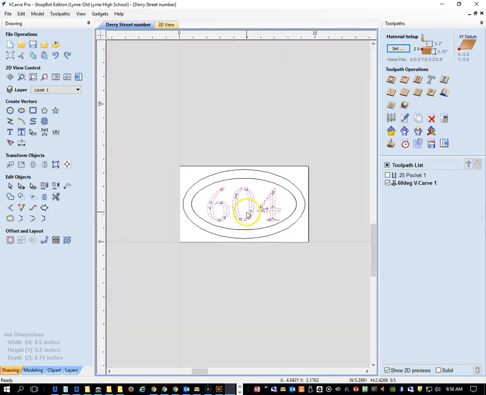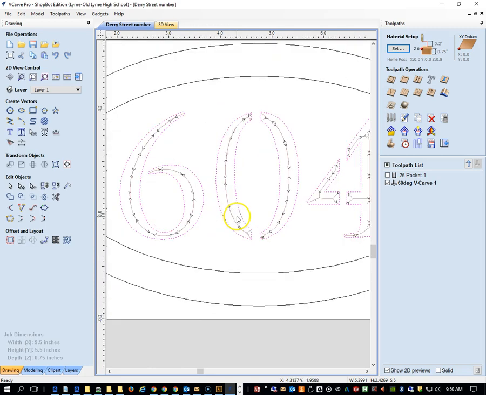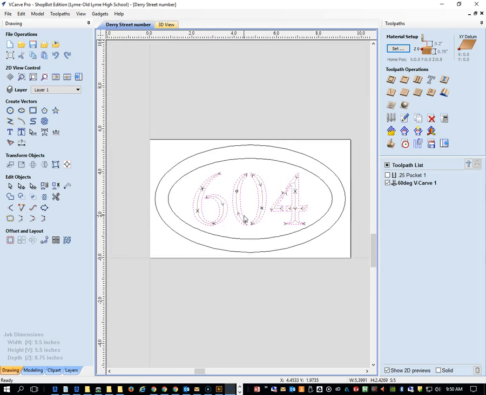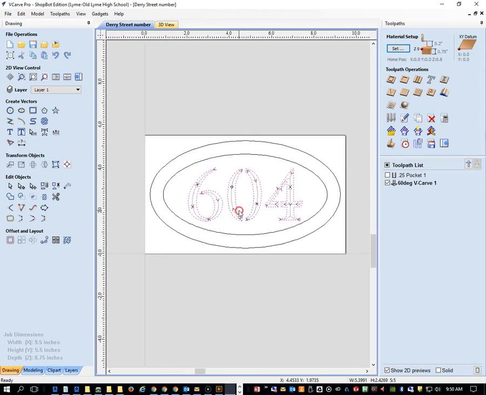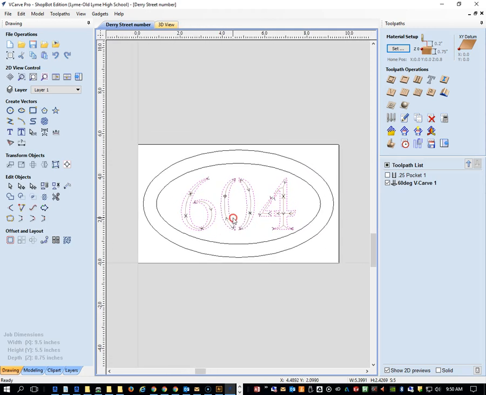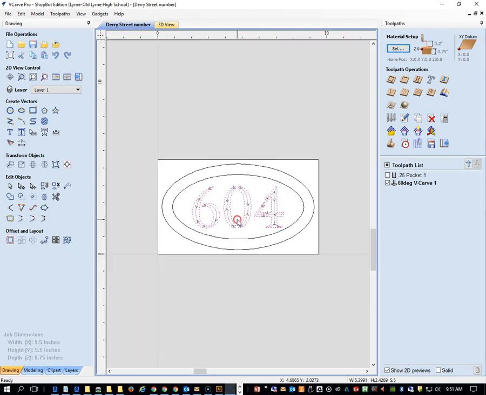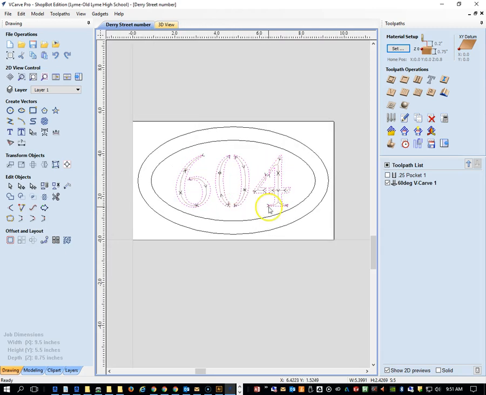If you use the center button on your mouse, you can scroll in and out. If you hold that center button down and move it left and right, you can pan around. So if you're having trouble navigating something, you should be able to know how to do. All right, so